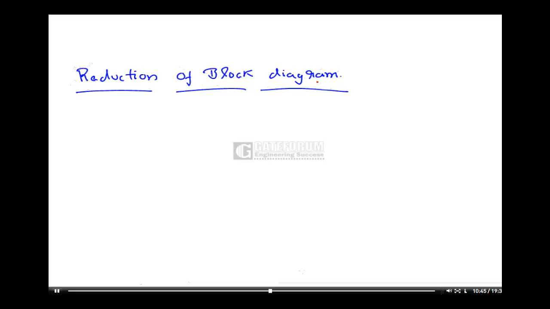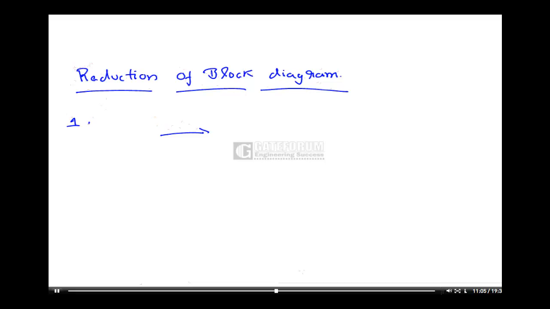Okay. So this topic, reduction of block diagram, is useful while finding the overall transfer function for a complicated combination of block diagrams. See, the first one in this is,